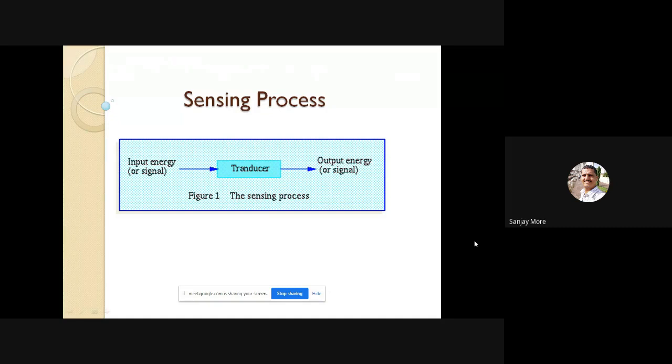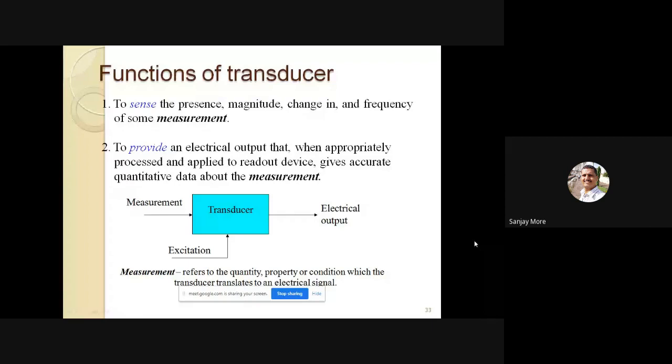Then how the transducer senses, or the sensing process. First one is input energy, meaning signal. The transducer senses this input energy or signal and transfers it to another signal or output energy for further processing. Then the function of transducer. Okay, see the diagram: transducer, measurement, excitation, and